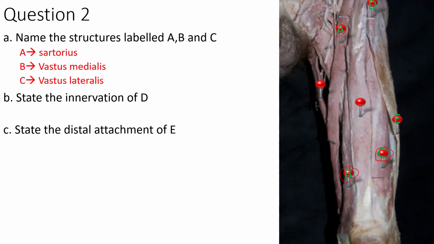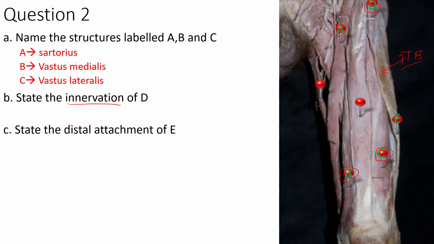Okay, then we've been asked to state the innervation of D. So D over here, you can see D is attaching to this structure labeled E. So D is attaching to the anterior border of E, and E, by now you should know that E is the iliotibial band, ITB, the iliotibial band. So structure D, which attaches to the anterior border of the iliotibial band, that is your tensor fasciae lata, and